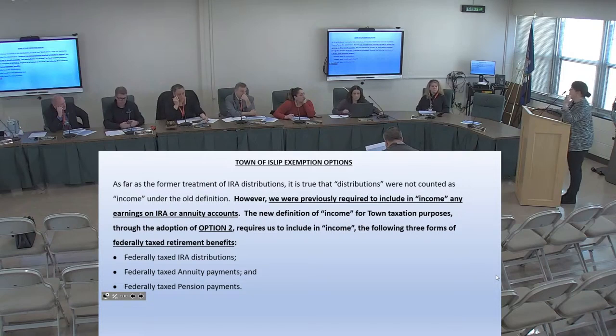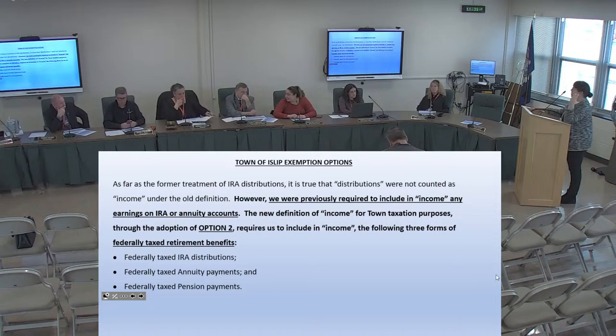So the county, by taking that option, has also expanded the potential applicants that may qualify, because now those gross benefits we can no longer include. So for county purposes, there will be a change. You can have an applicant come in and they may obtain a town exemption to a certain extent, but they may attain a larger exemption at the county level because certain types of income cannot be included that used to formerly be included under the old definition.